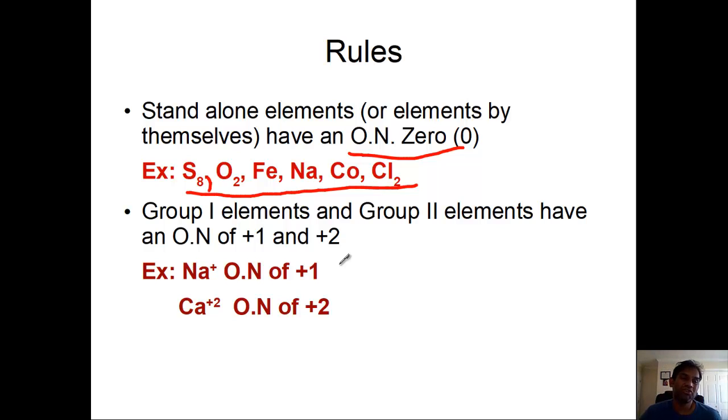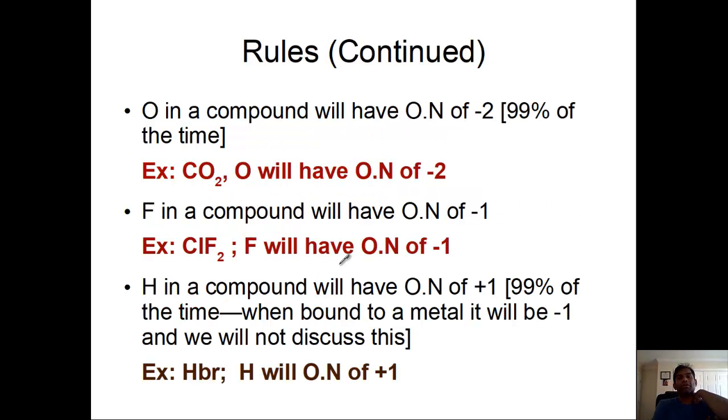Group 2 will be plus 2 oxidation state. So that's rule number 2. Rule number 3 has to do with oxygen. So oxygen in this course will have an oxidation number of -2. We'll keep things very simple, and in the most simplistic sense, oxygen will have an oxidation number of -2. There are situations where it could be a little bit different, but those are rarities, and we will not cover